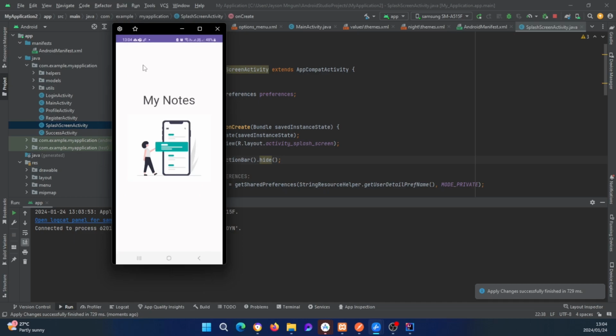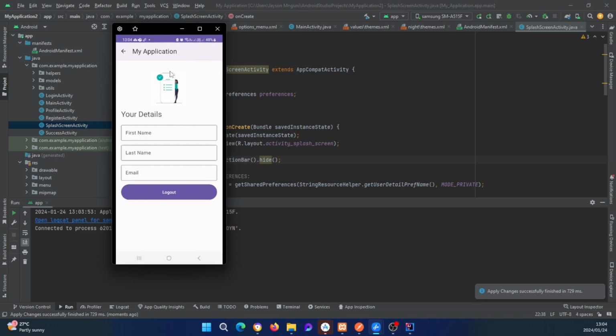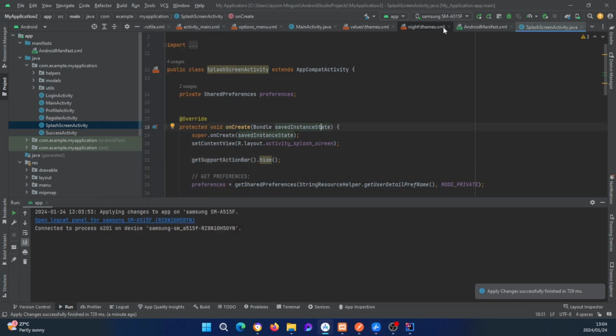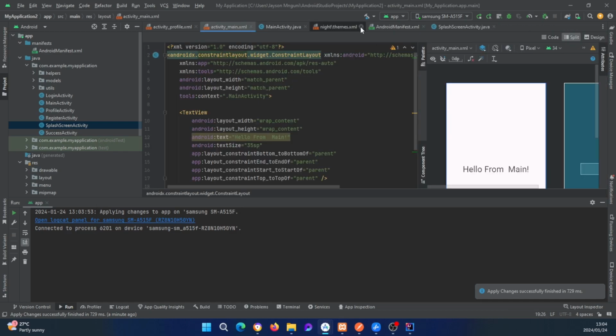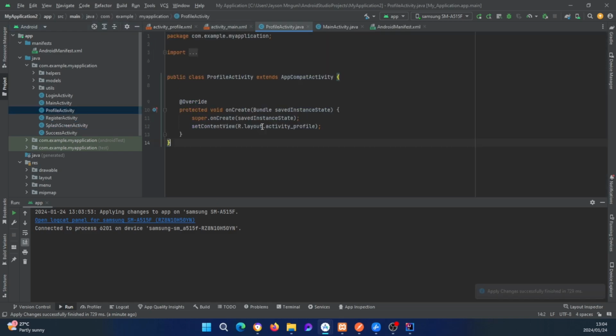So now as you can see, the splash screen is no longer showing the action bar, but if you were to go to the main, it'll still display. And then if you go back again to the profile page, it's also still displaying there. So this should be fine. Now in terms of the title, I believe you can change the title. So let's do this. I'm gonna close the menu option, the themes, let's close the splash screen, let's go to the profile activity. So I think you can change the title by the same